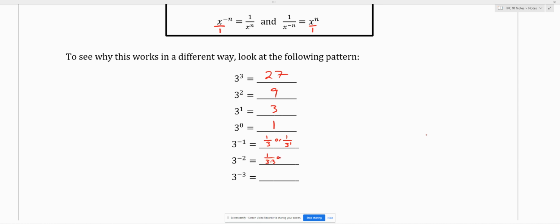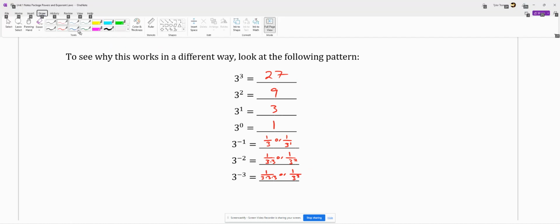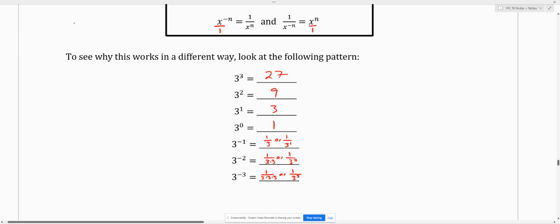Okay, or just 1 over 3 squared. And we could also look at this last one, 3 to the negative 3, as 1 over 3 times 3 times 3, or 1 over 3 cubed. What's actually happening in each of these steps is it's just repeated division. So if I want to go up, I'm multiplying, but if I'm going down, I'm just dividing by 3 each